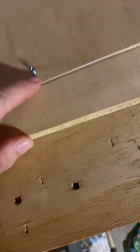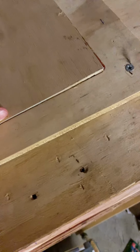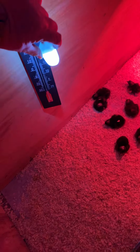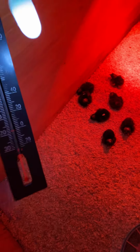It only has a nail and one hinge because that's all I had on hand. I wasn't going to go buy stuff. There's the other nail holding the thermometer. That's a Dollar Tree light, so that whenever I need to check the temperature, I can just flip on the light. I can grab a hold of it